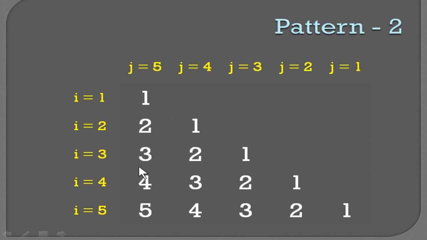You can see the first column itself, the I value is 1, 2, and ending with 5. So it is increasing. So you found the answer for the outer loop. I value, start value is 1, end value is 5, and it is increasing by 1. Now you are going to find the J value, and J